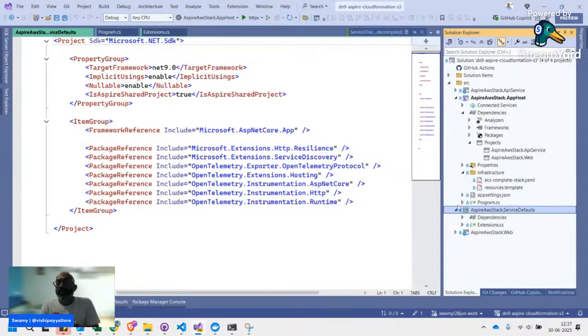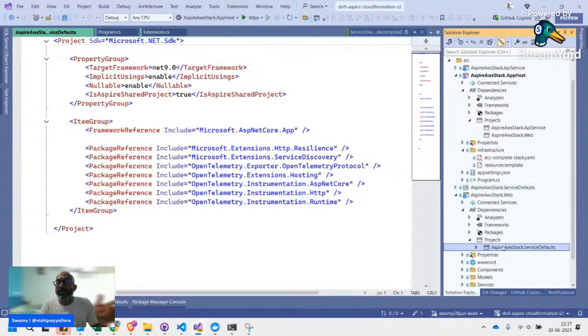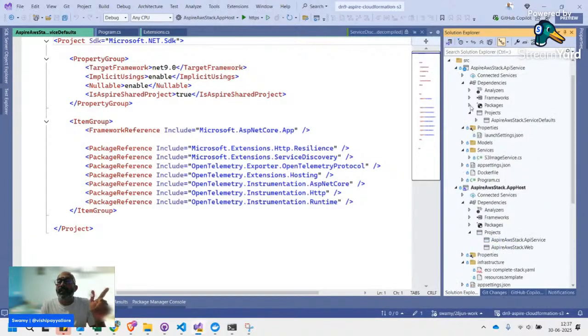But if you see the service defaults, it doesn't refer to anything. But anyone who wants to take advantage of all these things, resiliency, service discovery, I mean, if you want to take advantage of service defaults, then that particular microservice should refer to the service defaults. Like you can see, the API service and the web front end, they will refer to